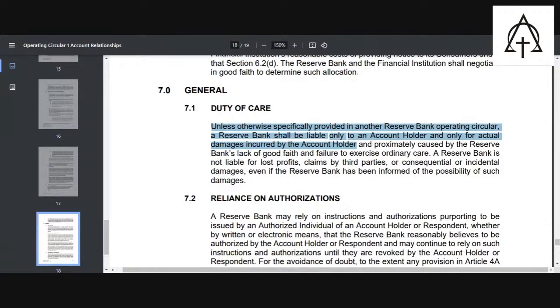Every deposit was a foreign deposit, and you recognize that in those foreign deposits, you handed all your property rights, titles, and interest in that property to the bank. And if you'd have known that, you'd never have done it. Intent. Knowing intent. Had you known that, you would have never handed all your rights, titles, and interest in property over to these thieves. And proximately caused. What is the nature and cause? And proximately caused by the Reserve Bank's lack of good faith and failure to exercise ordinary care.